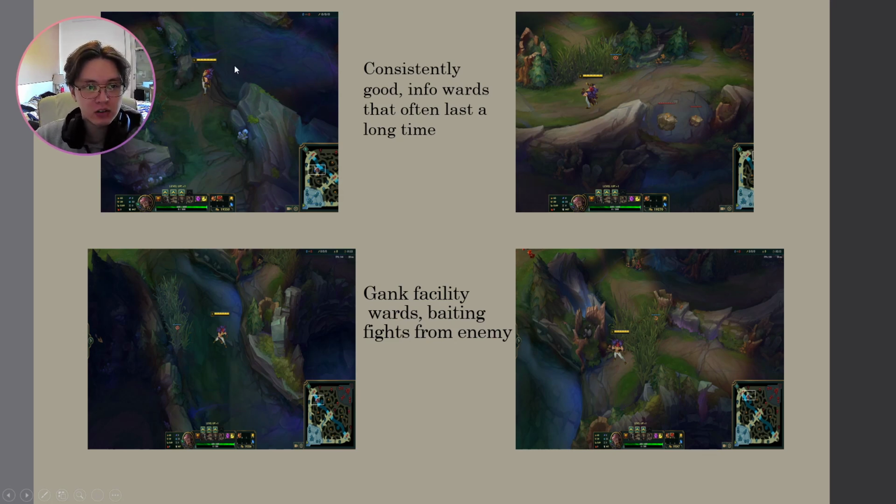Here, this one's great because it shows the entrance here. And this one's especially good if you're on blue side. It continuously shows you the entrance. If you're at risk of being dived, it continuously shows the enemy coming to dive, and you have enough time to leave the lane. And then these wards,